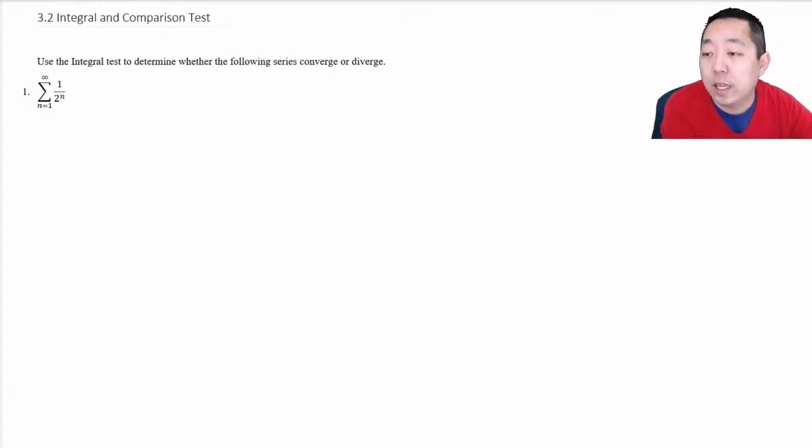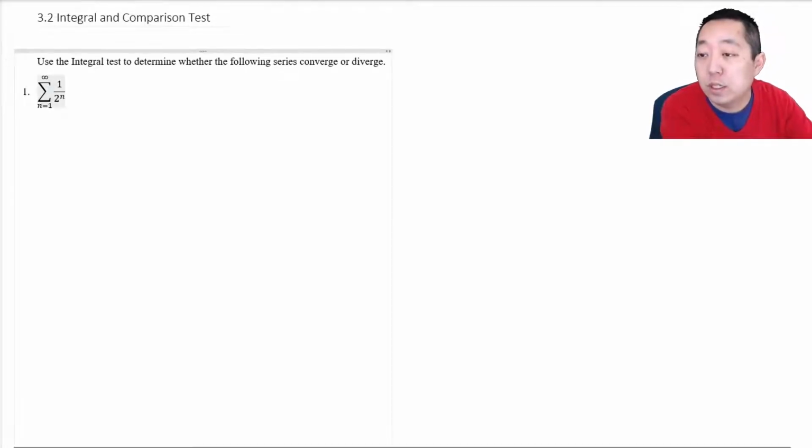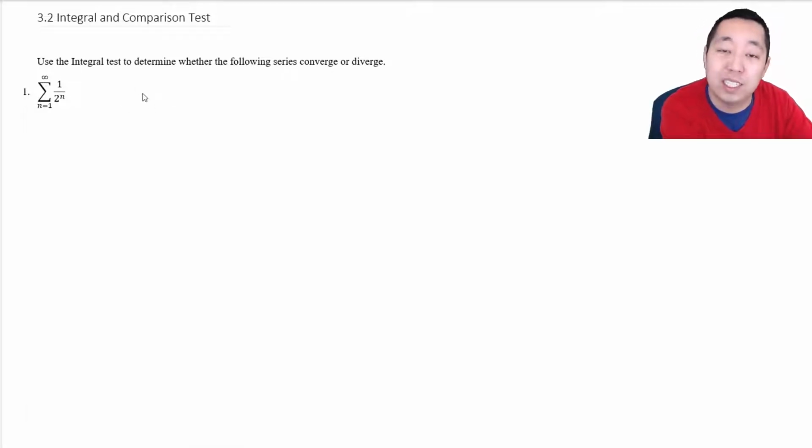So now we're going to be looking at the integral and comparison tests. For some of these problems, we're simply looking at the integral test to determine whether the following series converge or diverge. The whole point of the integral test is, first, there are some preconditions for an integral test. The first condition is that